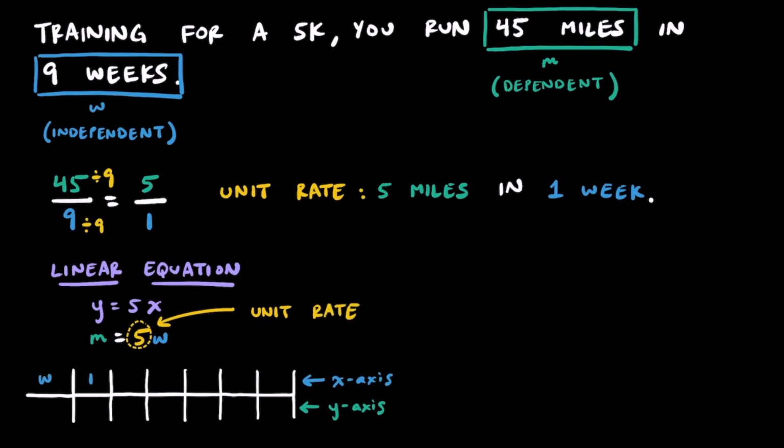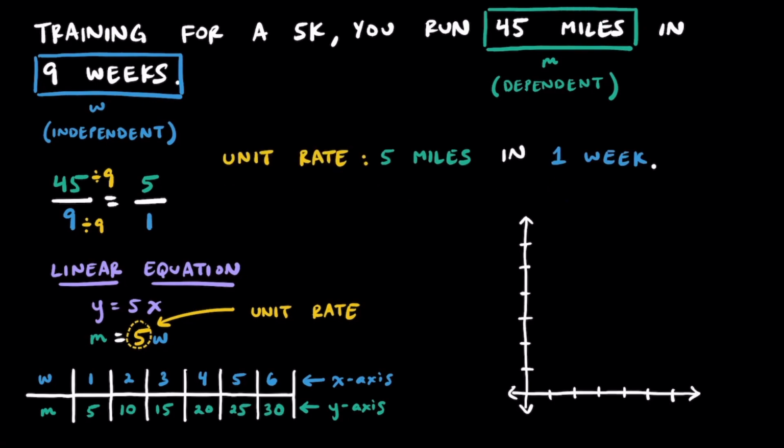Filling in a table here, the independent variable, or the weeks, are going to go on top, so I'll put w, and then 1, 2, 3, 4, 5, and 6. And the number of miles is our dependent variable, which goes on bottom, so we have m, and we have 5, 10, 15, 20, 25, and 30. Now that we have a complete data table with a bunch of ordered pairs, we can throw that onto a